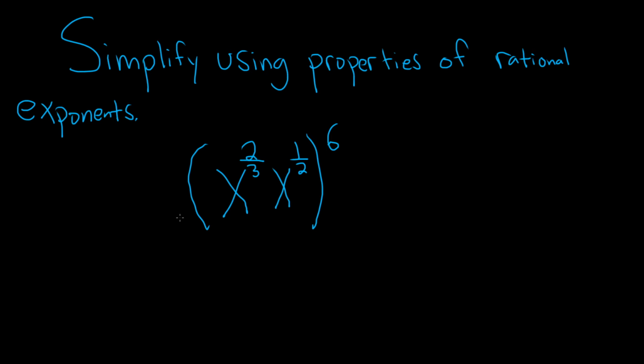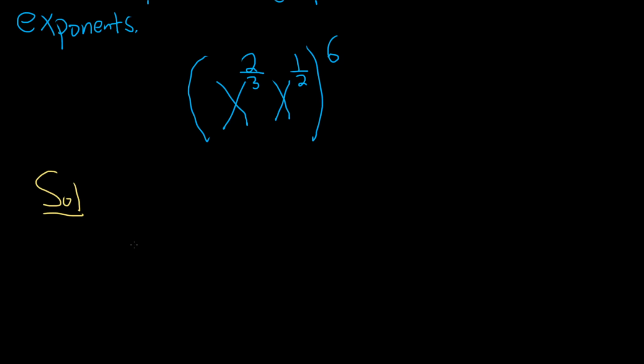Simplify using properties of rational exponents. Let's go ahead and work out this problem very carefully. Solution. There's a couple ways to do this problem. So one way to do it is to actually multiply these x's. If you do that though, you do have to add the exponents, and so we would have to add 2/3